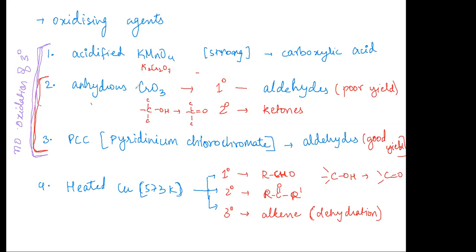Tertiary alcohols have no oxidation, but if you have a strong oxidizing agent, with a tertiary alcohol you get carboxylic acids with a lesser number of carbons. So basically what happens is that within the tertiary alcohol, the bonds between the different carbon atoms break. I'll give you some examples for each of these cases.